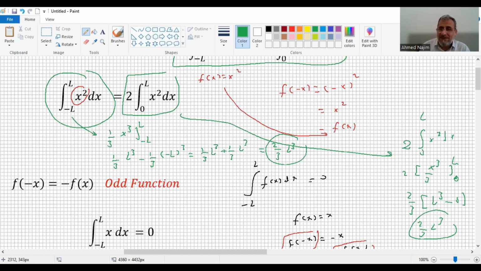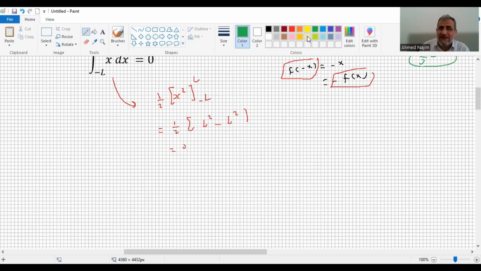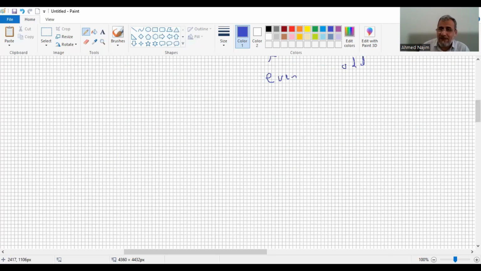Now, if the question is, if f of x is even and multiplied by another function that is odd, what will it be? It will be odd. See, if f of x is even, we have here f